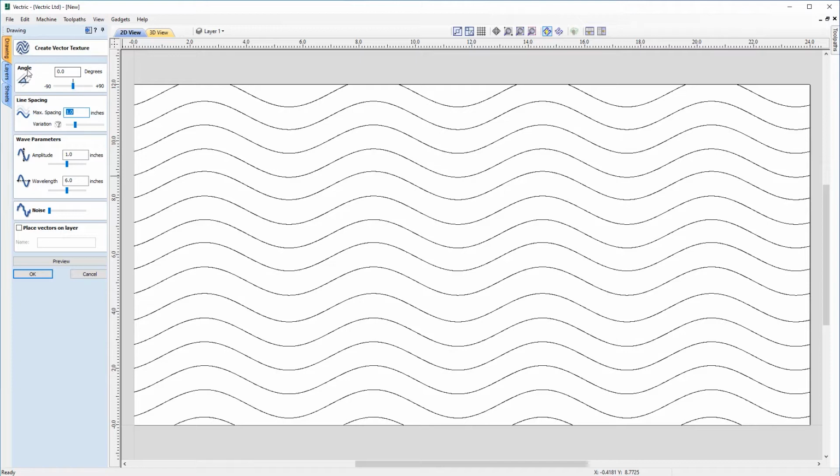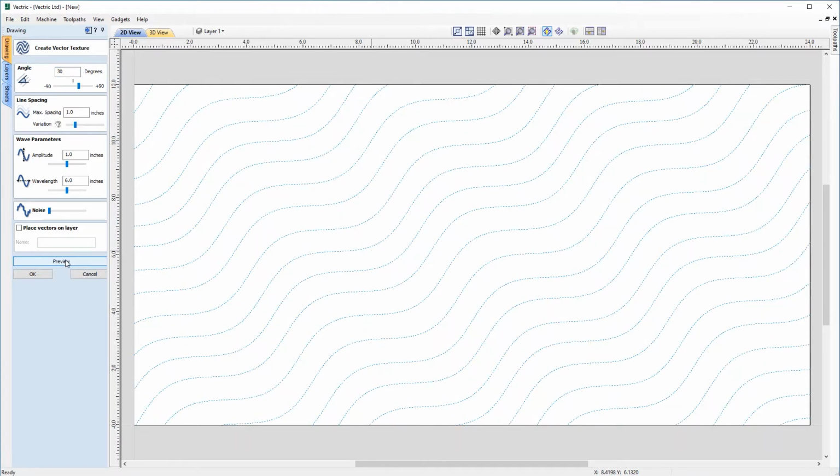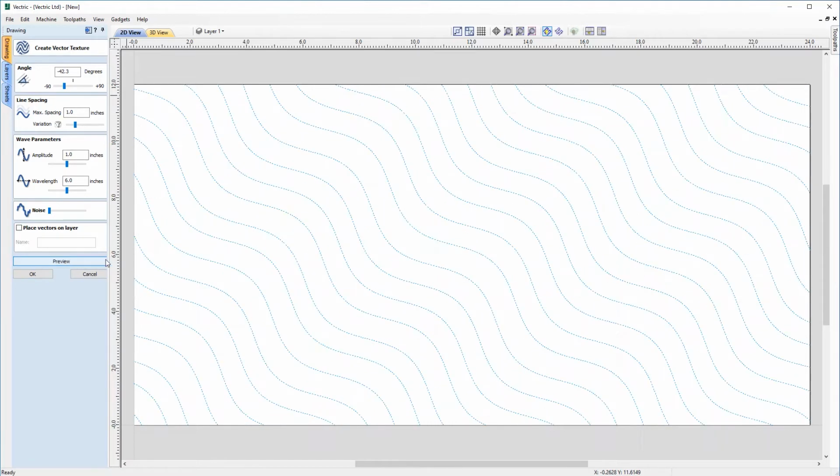So if we start with the top setting, angle, we'll see that it's currently set to 0 and the wave is parallel to the x-axis. But if we go ahead and enter a value of say 30 degrees in the angle, then you'll see that the wave will change to a 30-degree angle in relation to the x-axis. And I can also use the slider to change that and preview. But for now, I'm just going to put that back to 0 degrees,